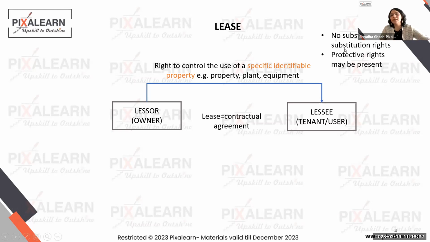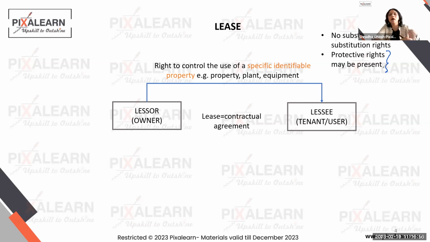Can Tesla come up and say that there might be some protective rights? The answer is yes. Protective rights are okay. What do you mean by protective rights? In order to honor that lease, Tesla might say, okay, Anirban has to take the car for servicing every 6 months. When the car comes for servicing, the tire rotation, the fuel, and all of this has to be changed every X number of days. And the car cannot meet with an accident more than this number of times.